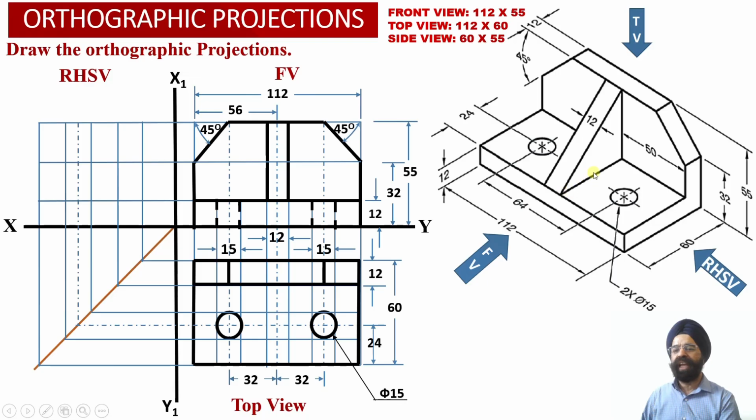So here we have got element number 3, which happens to be perpendicular to the front face of the solid, and this inclined rectangular surface will be projected as an apparent shape projection into the top view projections over here. So this way we have been able to obtain the top view projections corresponding to all the 3 elements of the solid. Now when we look at the solid from the right hand side view,